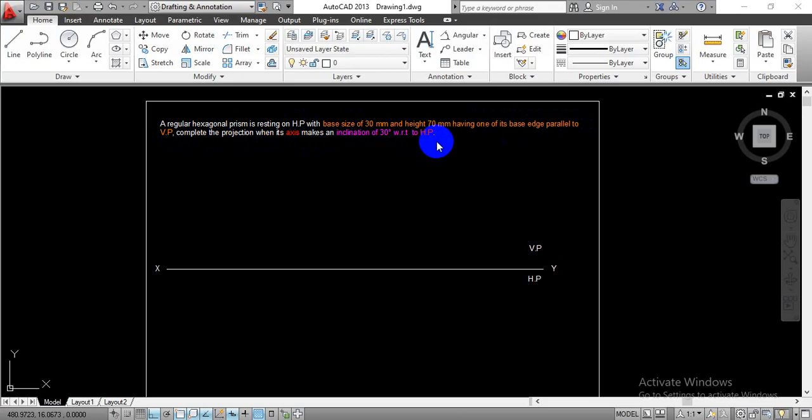So in this problem, we have to complete the projection for the hexagonal prism resting over the horizontal plane, to which they have given base size of 30 mm and height of 70 mm. And they have given one condition: the base edge is parallel to the vertical plane. So when we are going to complete the hexagon, we have to take one of its base edge parallel to the vertical plane, and after that we have to complete the projection by considering the axis inclination of 30 degree with respect to